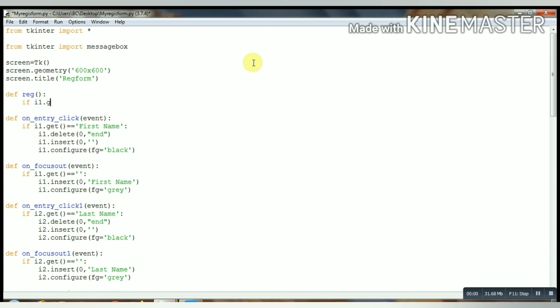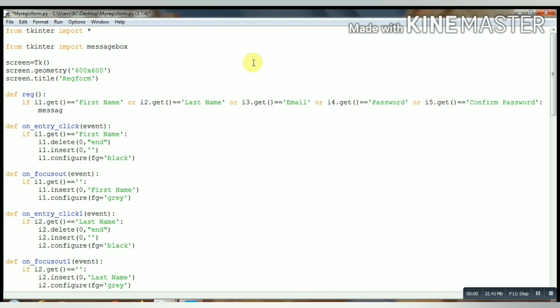We will make the condition: if I1.get equals First Name, or I2.get equals Last Name, meaning the user doesn't enter any one of these fields, or I4.get equals Password, or I5.get equals Confirm Password, then we will show an error. messagebox.showerror: Please fill out all above fields.